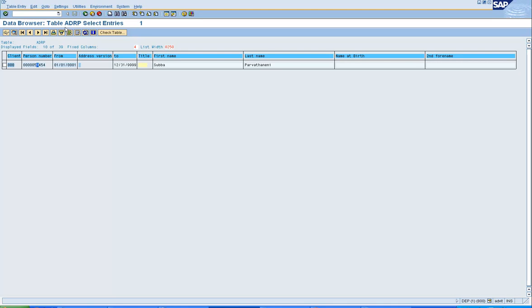So if you want to use ADRP for a report which gives the user ID, the last name and the first name, for example, then you could use USR21 to find out the person number, then use ADRP to find out the last name and the first name, and then take USR02 to get the user ID. So using ADRP, you can get the first name and the last name of a user.